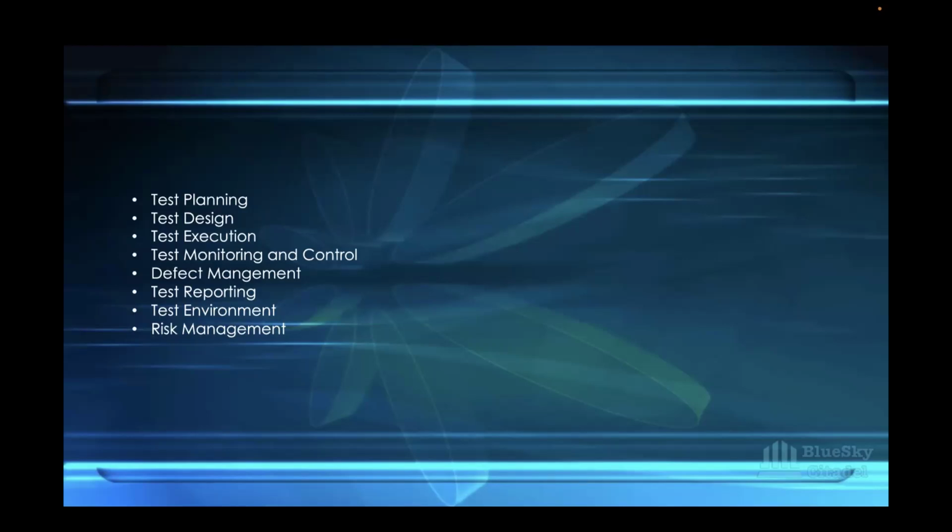All right. So when it comes to test planning, a test plan outlines the scope, the objective, the resources, the schedule, and approach for testing. This includes the features to be tested, the types of testing to be performed, and the criteria for success. So before testing starts, as a QA, you have to plan your test. You have to plan the whole testing, if it's a feature or if it's a new project.